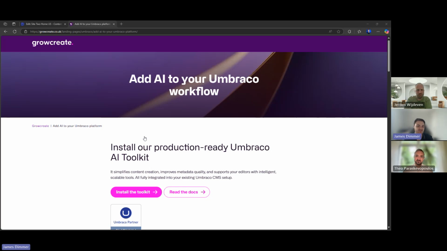Maybe a place where you can save prompts that you've frequently used. That's something to be discussed. And then potentially even content analysis as well, checking your content structures across pages of the same document type in Umbraco, making sure that the look and feel of them are consistent as well. Fantastic. That and many more. And many more. So there is so much to do.